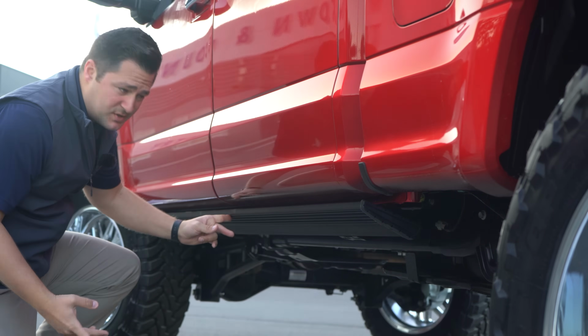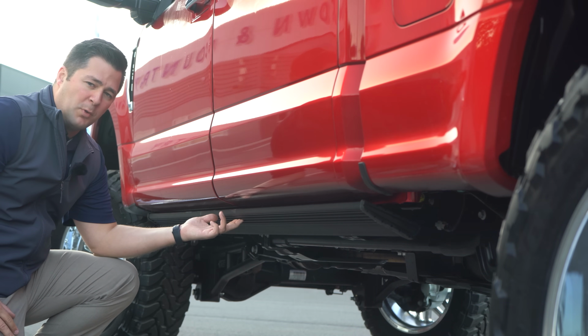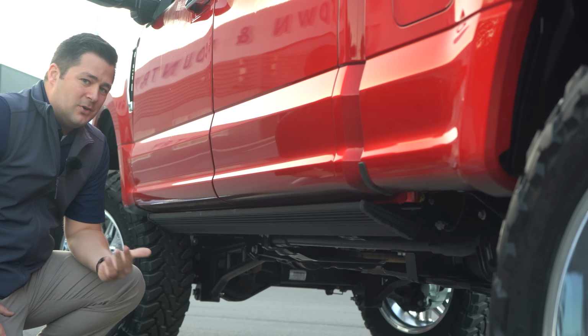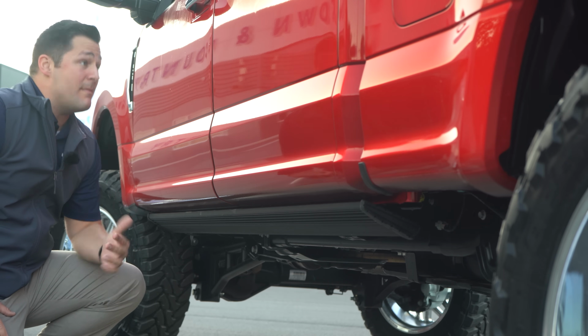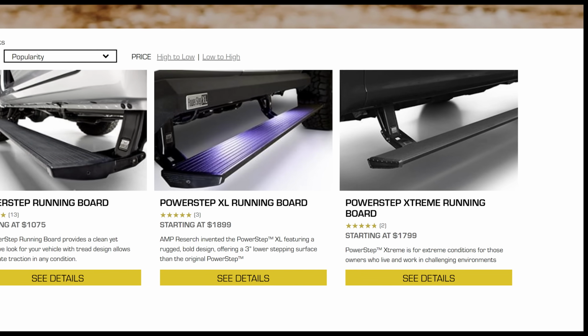As you can barely see, they're actually tucked away very nicely. Now these are not just the normal amp power deployable running boards. Raymond actually reached out to us and said, hey man, I live in New Jersey. It's cold, snow, ice, all that kind of thing. So he made a special request to have these, which are the extreme version of the amp power deployable running